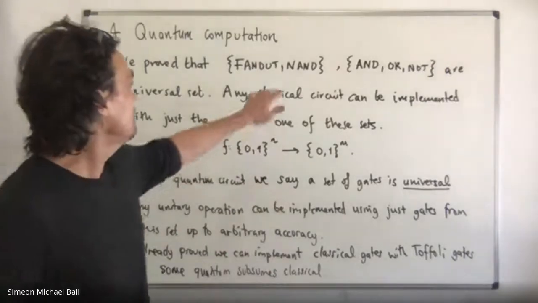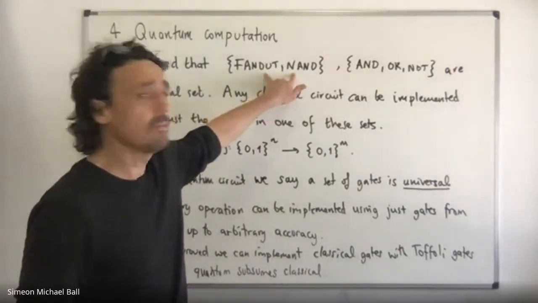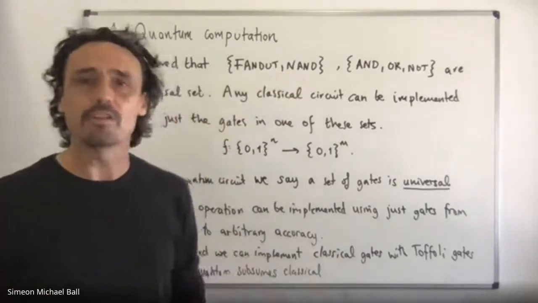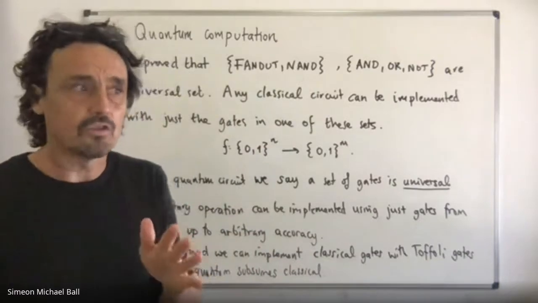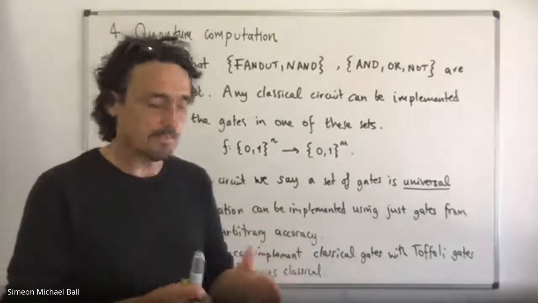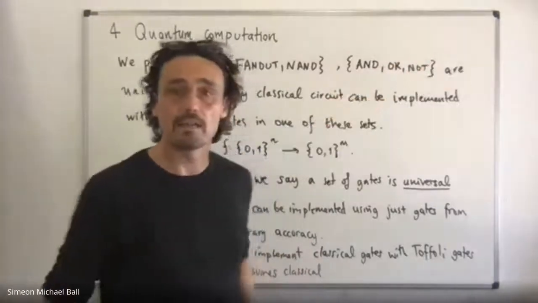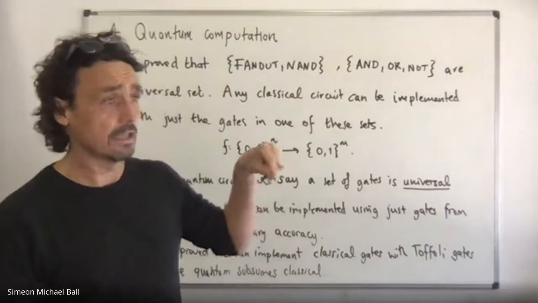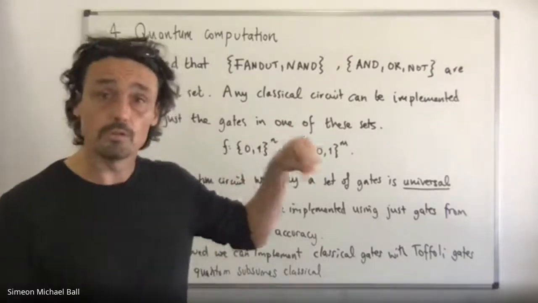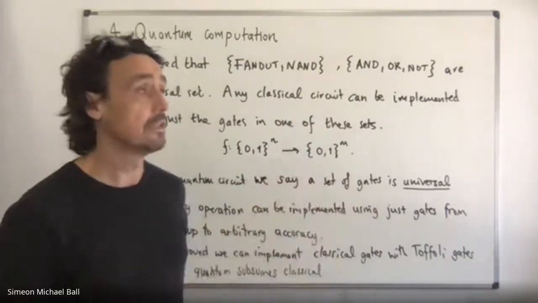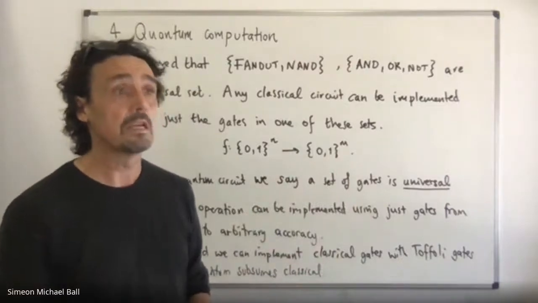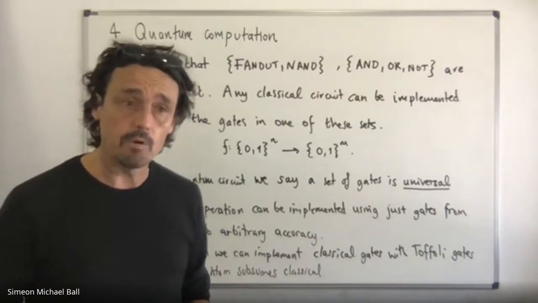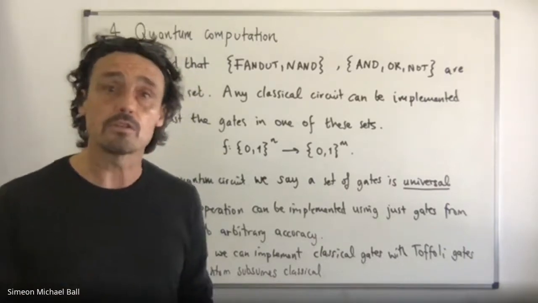You're never going to implement fan out and NAND on your circuit board like that. You want to minimize the number of gates and make your circuit as small as possible. For quantum computation, however, it's extremely important to know what is a universal set of gates,